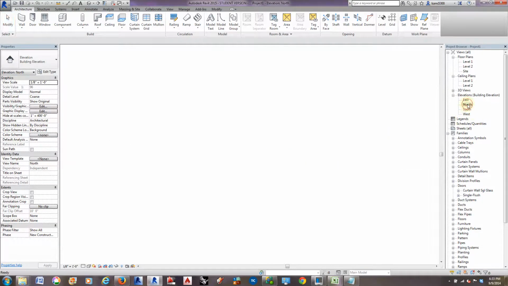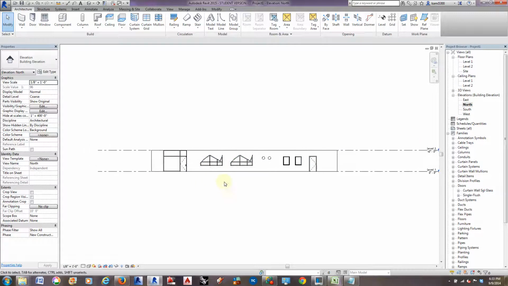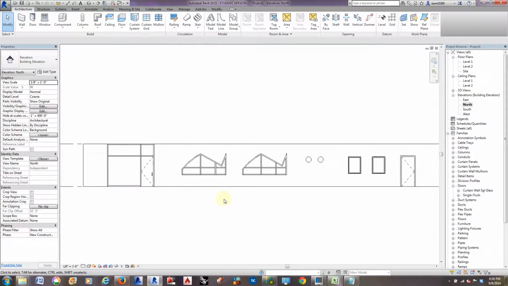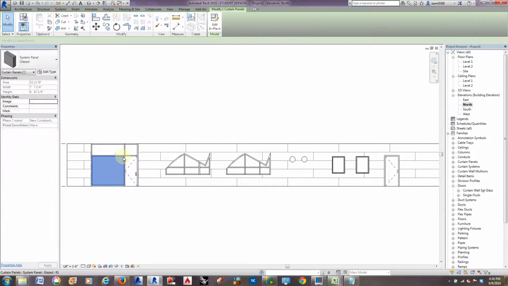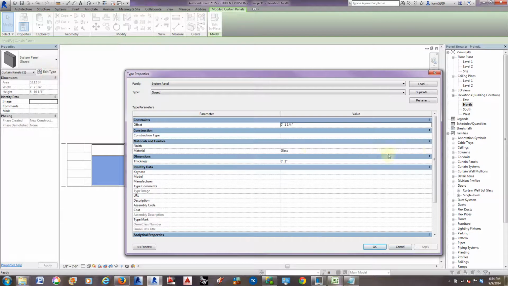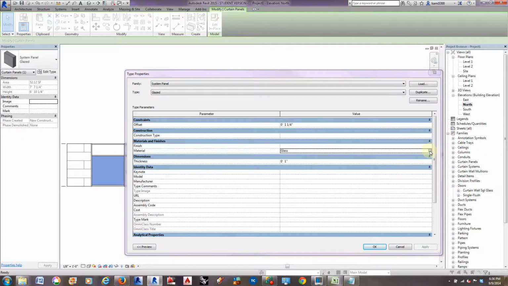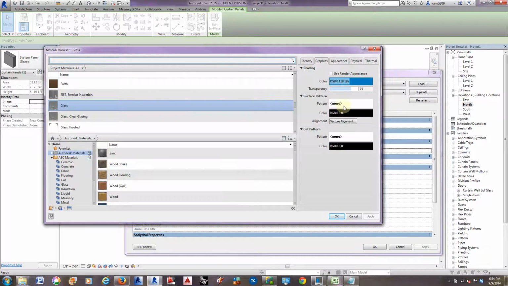Or is it my north elevation? It is my north elevation. So you can see you can start to apply a custom curtain, a custom surface pattern to your walls. You could also, it's material based. So if I tab through here and selected my curtain wall glazing, if I edited the type of the glass, I could just apply a surface pattern